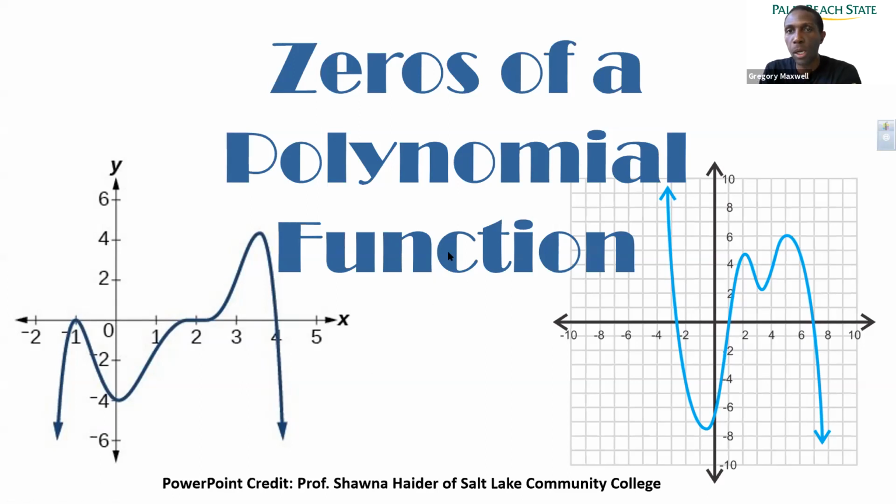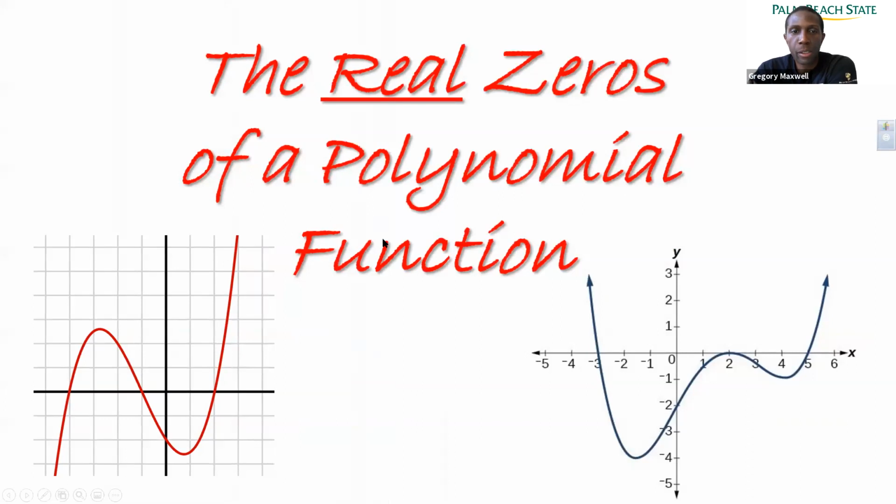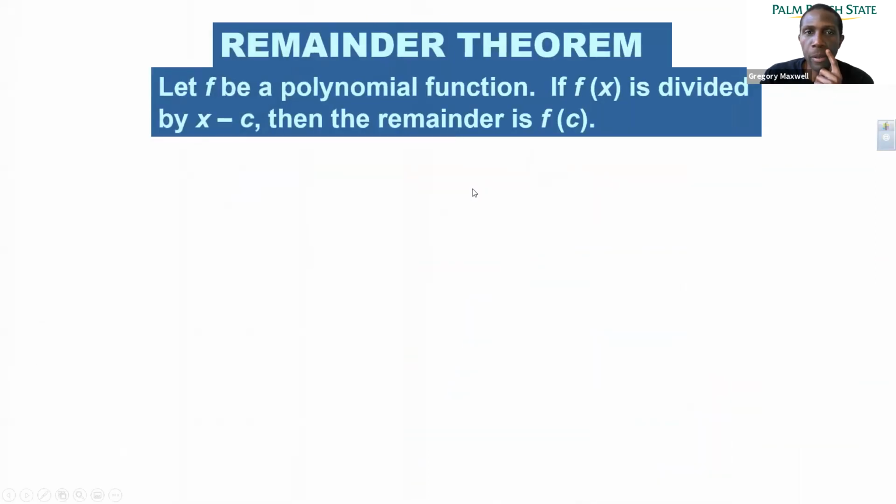Today we're going to talk about how do we find real zeros of a polynomial function, and then we're going to talk about complex zeros of a polynomial function. The real zeros of a polynomial function will be based on, I think, 4 approaches. The first one is about the remainder theorem, which is a nice simple theorem that says, suppose you have